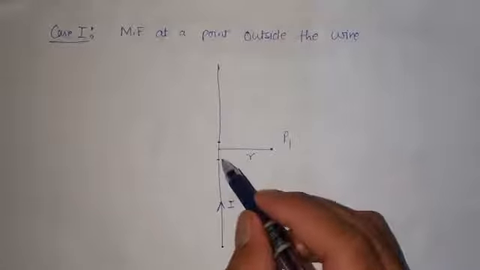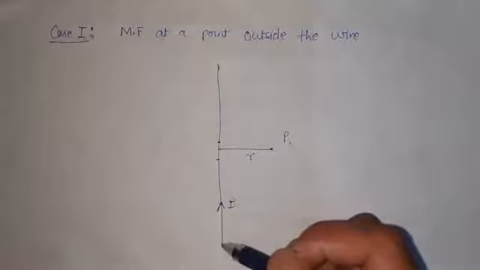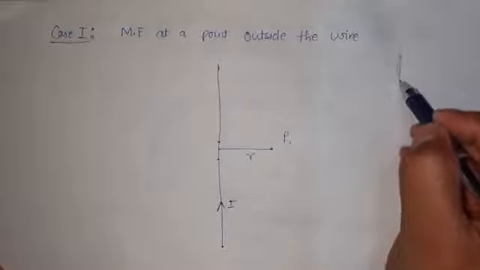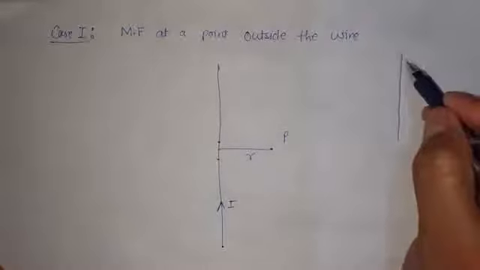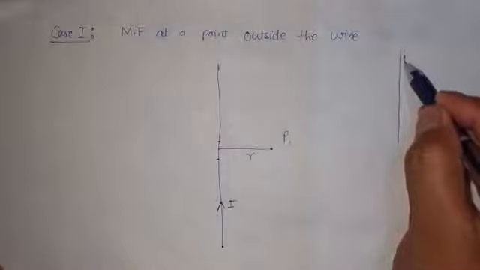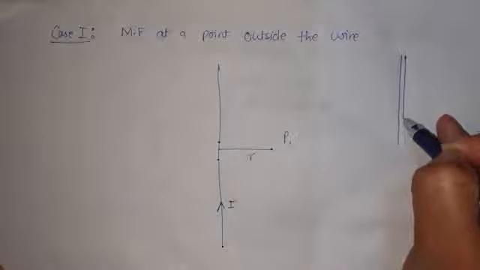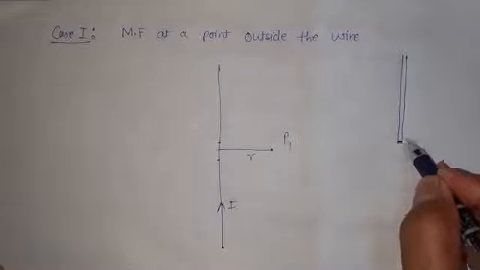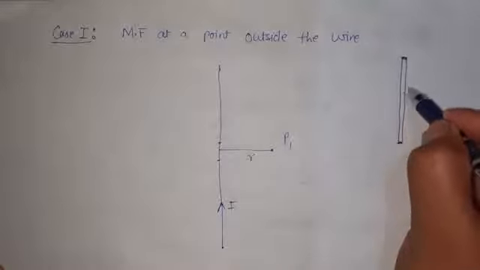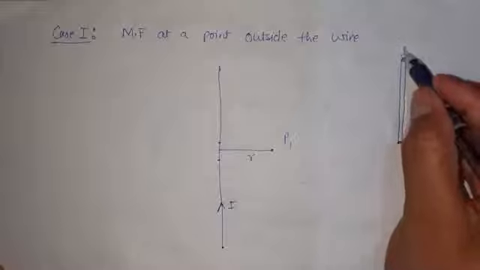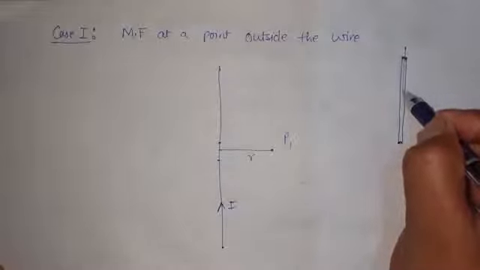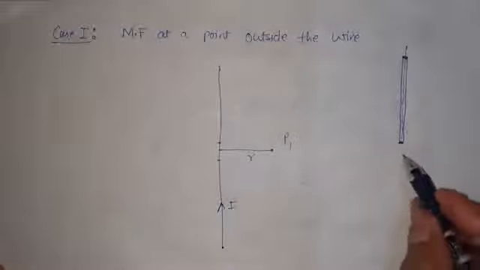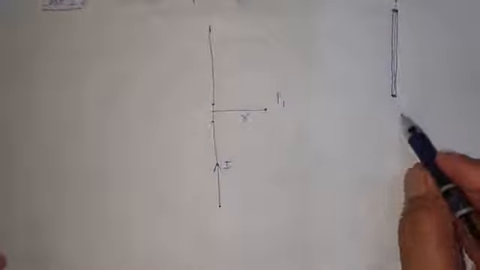But the question may come to your mind how this is a circular wire. Actually the wire has a cylindrical shape. This is the shape of the wire which we are having. Now, the dotted line shows the axis of this wire. So I am going to show the magnified diagram over here.